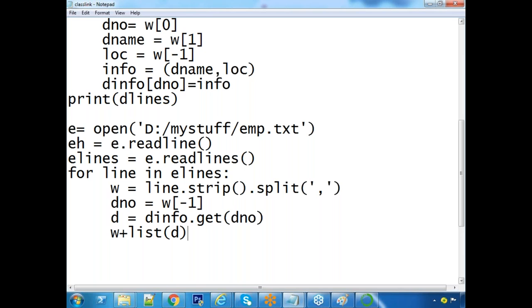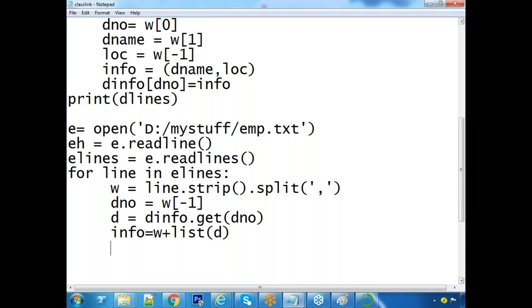Merging will happen. List 1 has 10 elements, list 2 has 5 elements, 10 plus 5, 15 elements will be merged. Now W has 5 elements, D has 2 elements. All the elements will be formed as one single list or not? Let's say this is info, all info.